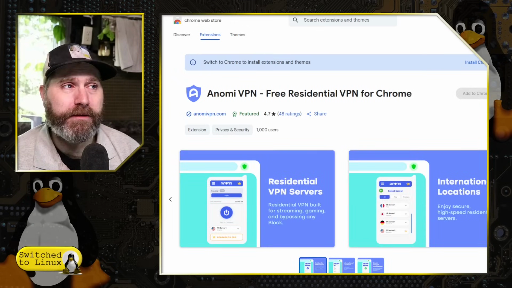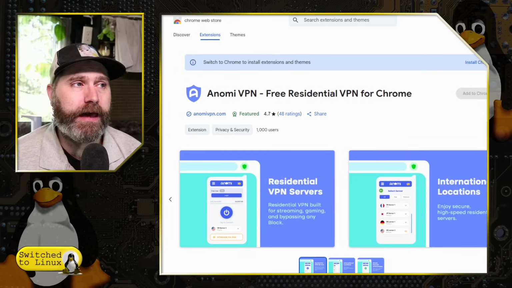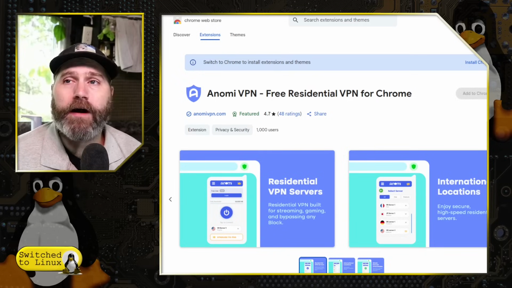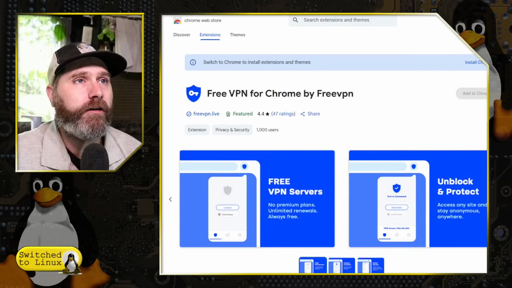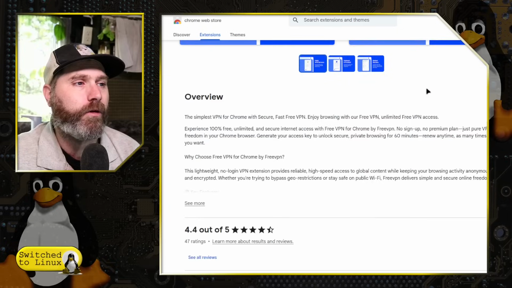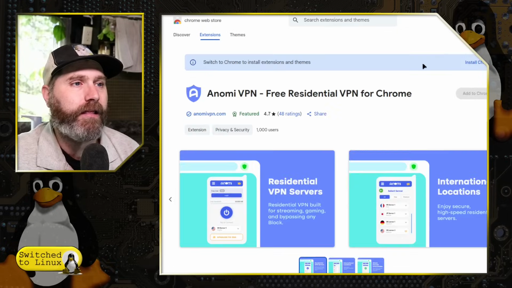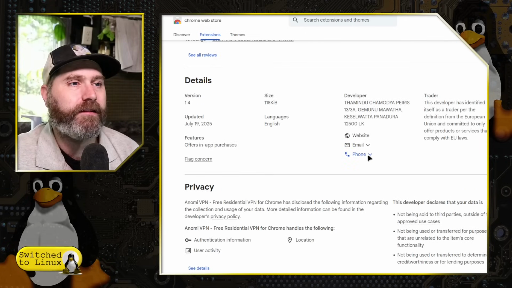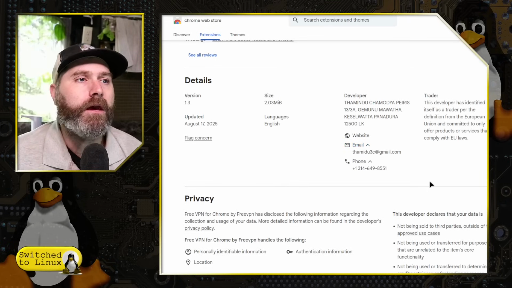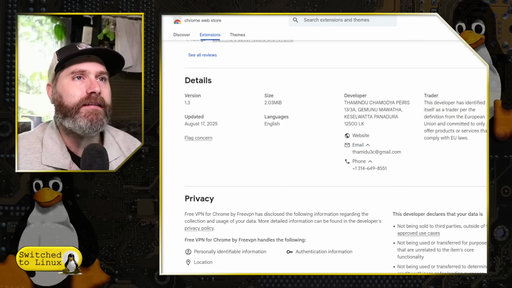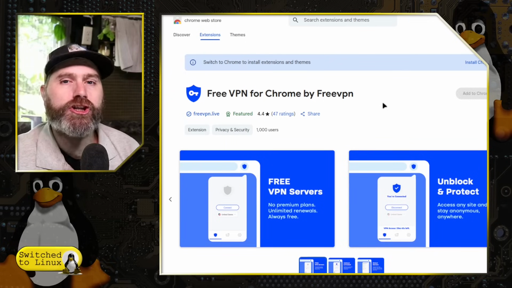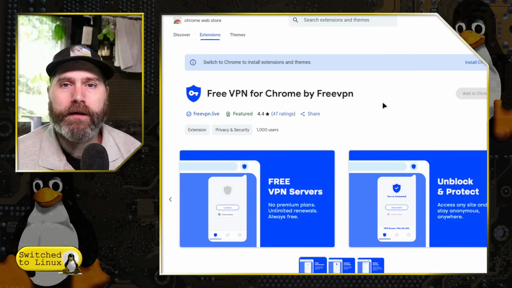And Anami VPN, a free residential VPN, both, you'll notice on this, featured verified apps. Two featured verified apps, which are simply free VPN add-ons. These two here we know are connected to the same developer. If you go down and look at the docs information, you'll see all of the information about these are the same. Okay, the challenge we have is that this one here, freevpn.live, launched 2 days before the malware